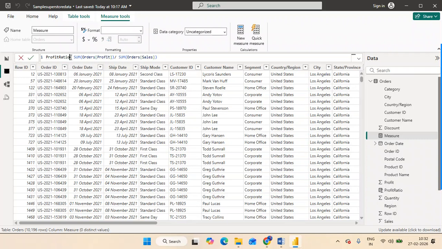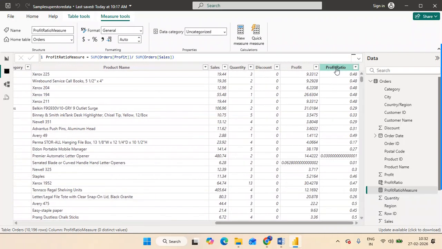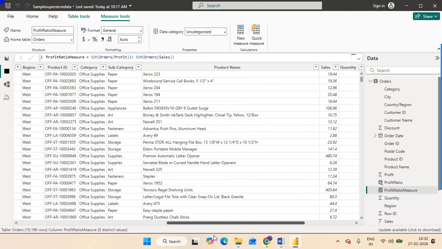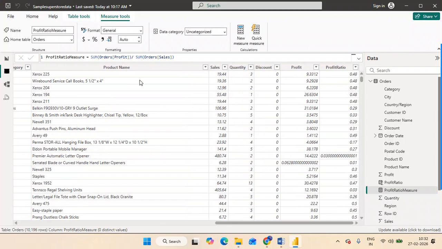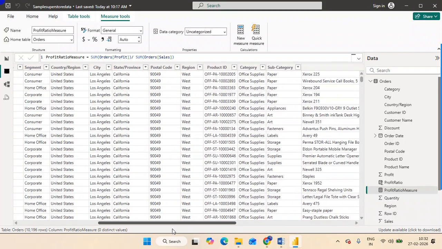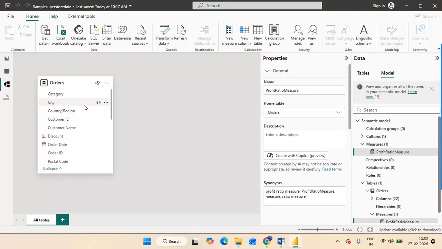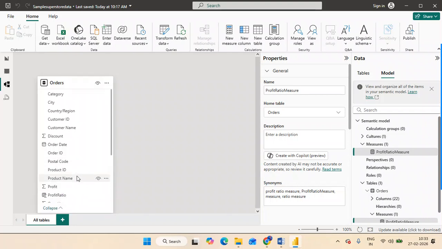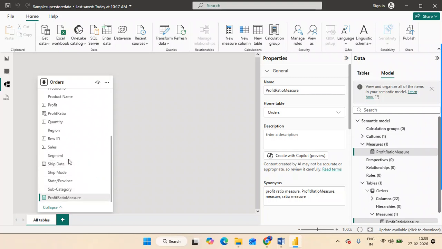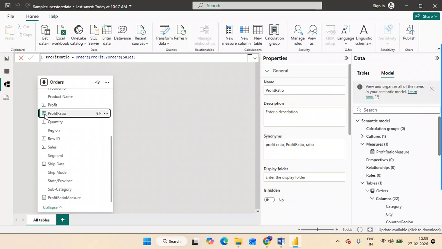So we can write in this way. That is a column, this is a measure. Now if you see here, this is not going to be generated as a column. The measure is not going to be created as a new column. Even if you go to the data model, the column we created is shown with its icon, and the measure is shown in its own format. In the table, we have created two things, profit ratio and profit ratio measure.